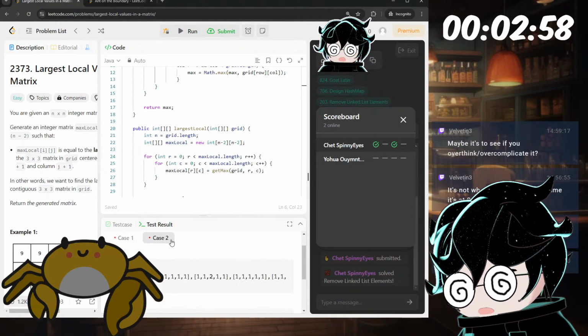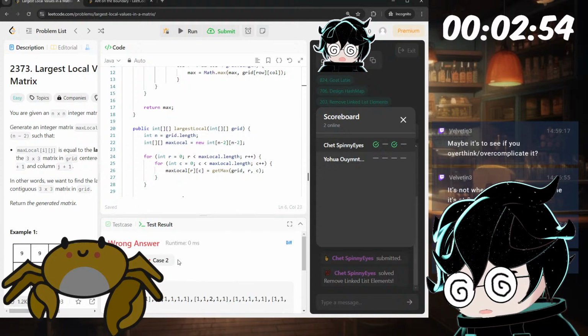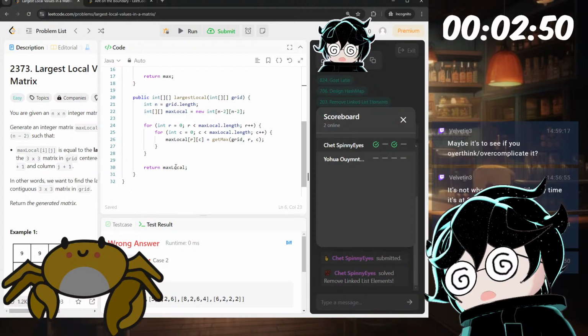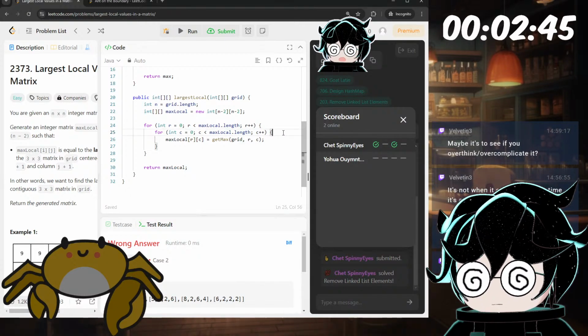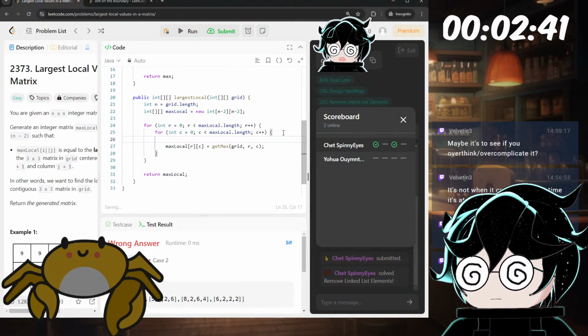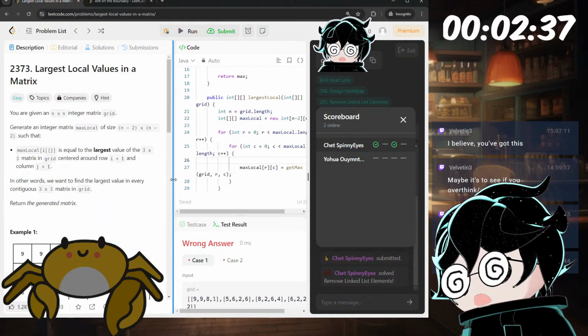How do I even debug this? No. These are just straight up wrong, man. Okay. Time to start printing out stuff. Wait, am I looking at the wrong center?